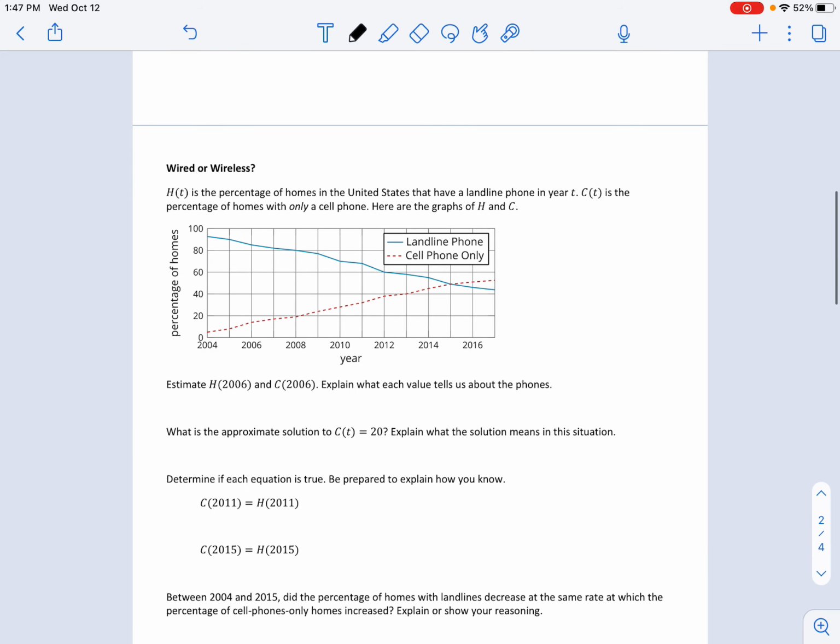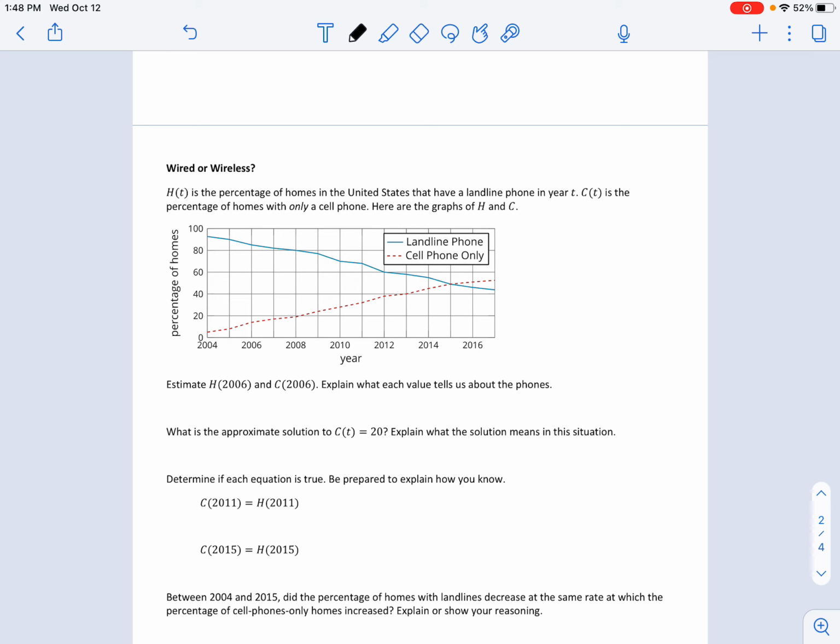Second one, we have graphs that represent wired or wireless, and this is talking about phones. We used to have phones in our houses that were actually wired and connected. Maybe some of you remember that, maybe you don't, because now cell phones have kind of taken over. And in this graph, you can kind of see that